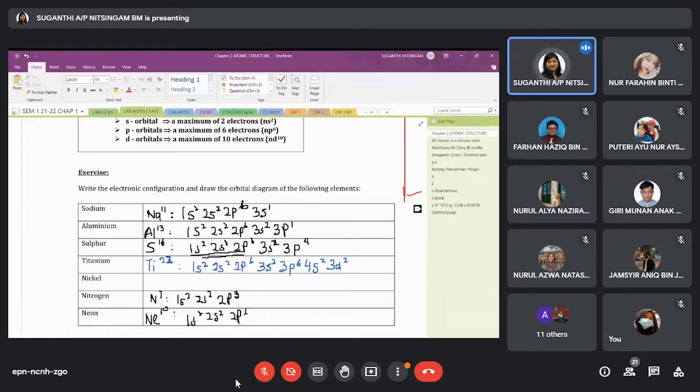What did Pauli say, Azwa? Pauli's exclusion principle. No two electrons in the atom can have the same 4 quantum numbers. Correct. No two electrons can have the same 4 quantum numbers. Okay. And the last one was Hund. What did Hund say, Adib? Electrons fill